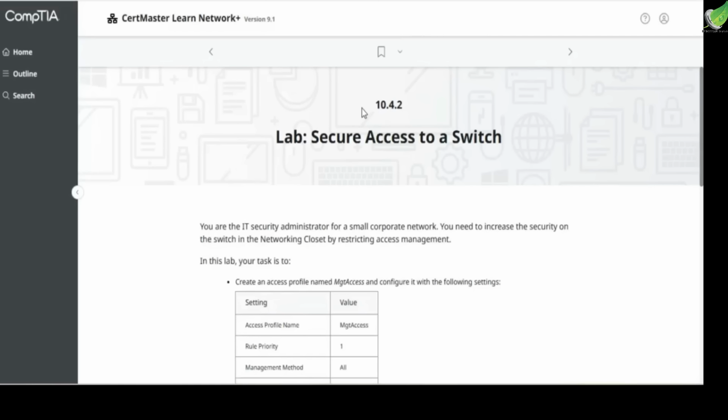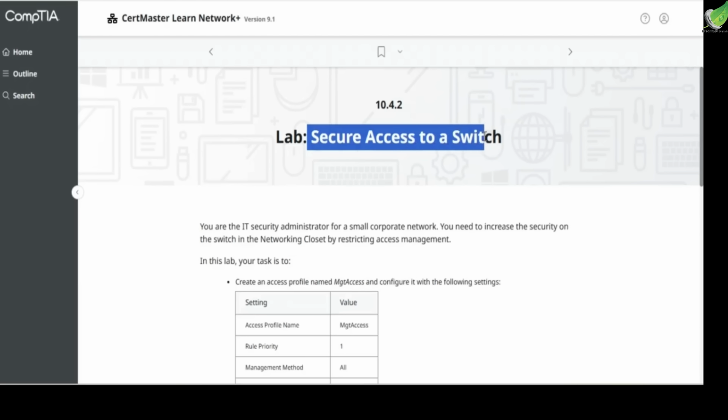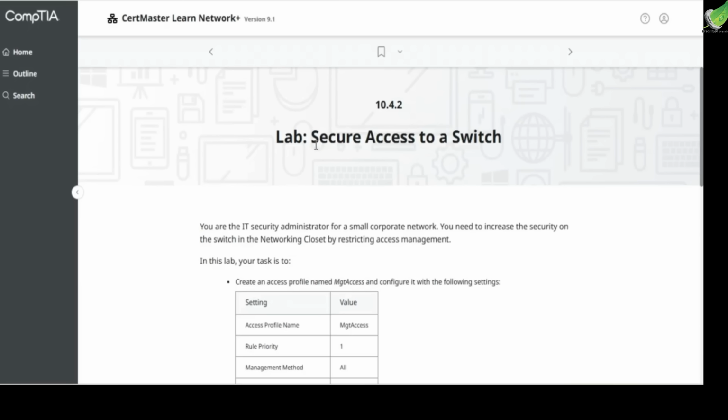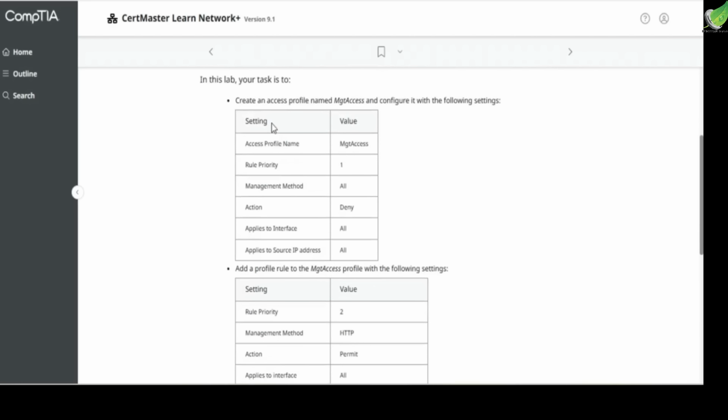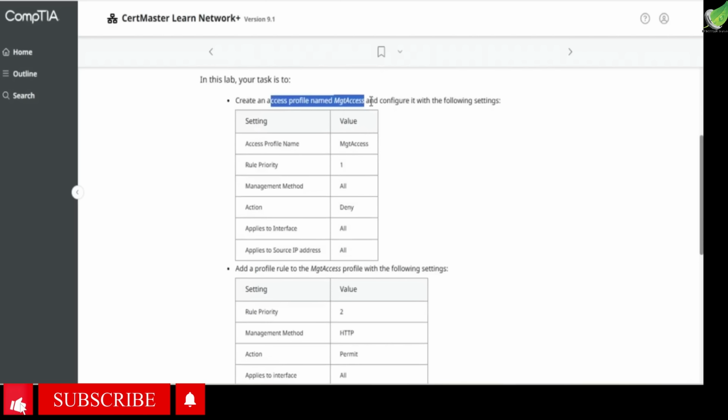Hello, in this lab we are going to be working on lab 10.4.2, which is to secure access to a switch. So you are the IT security administrator for a small corporate network. You need to increase the security on the switch and the network enclosure by restricting access management. In this lab, your task is to create an access profile named management as access and configure it with the